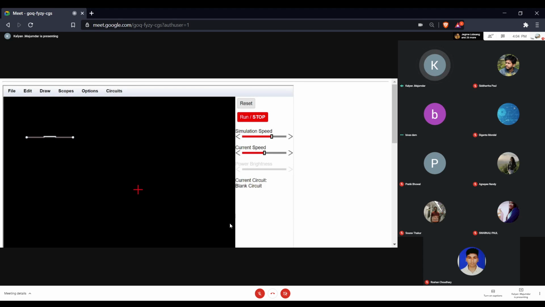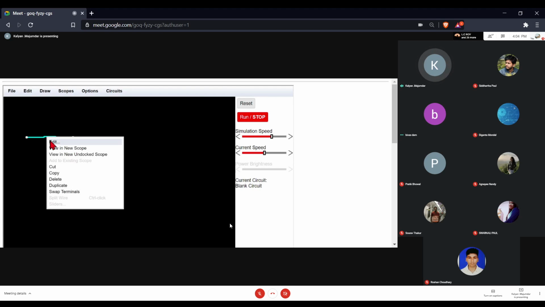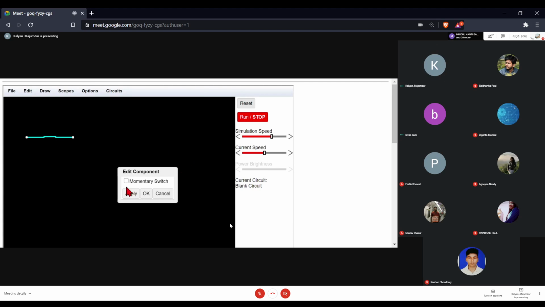সুইচটা হলো, দেখো, দিস ইজ অ্যান নর্মালি ক্লোজ সুইচ। এইটা ল্যাচ সুইচ না পুশ বাটন, সেটা তুমি এডিটে গিয়ে ডিফাইন করতে পারো। যদি মোমেন্টারি সুইচ বলো তাহলে দিস বিকামস এ পুশ বাটন। সো মোমেন্টারি সুইচ অ্যাপ্লাই, এটাকে মাউস দিয়ে এনে দেখো, একবার ক্লিক করলে খুললো, ছেড়ে দিলে বন্ধ হয়ে গেল। সো দিস বিকামস এ পুশ বাটন।